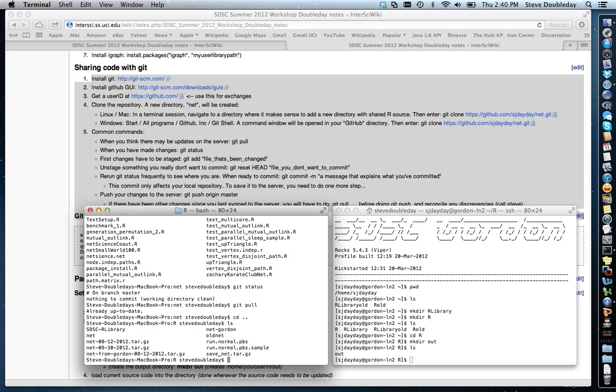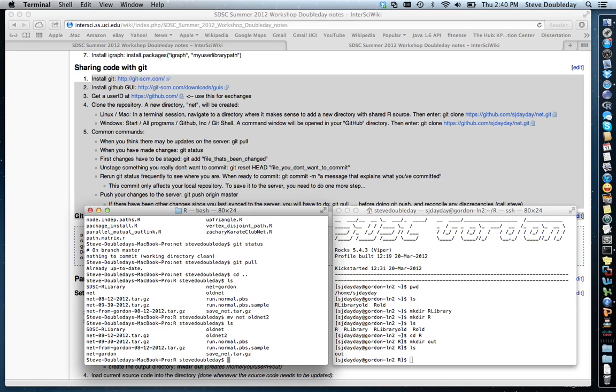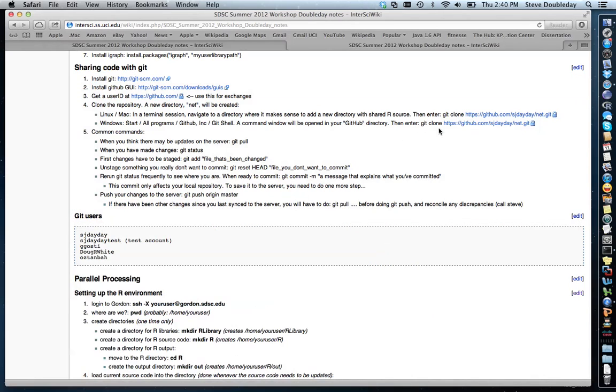All right, so in this case, I'm going to move net to something like old net 2. And now when I list things, I don't have a net directory anymore. So I'm going to pretend like we're going to start over from scratch. The magic words for that are